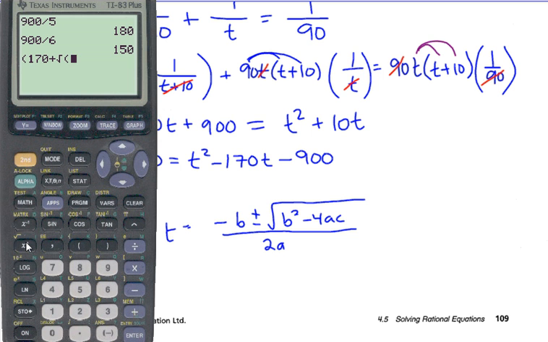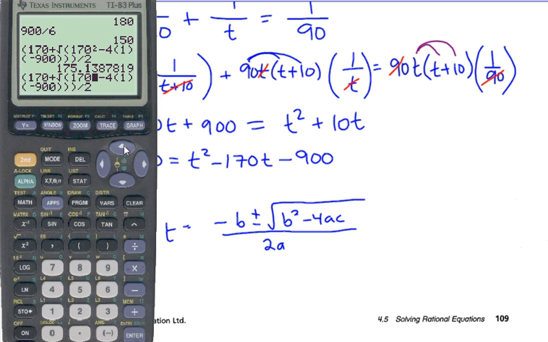Square root of 170 squared minus 4 times our a times our c, all over 2. Okay, 175 and negative